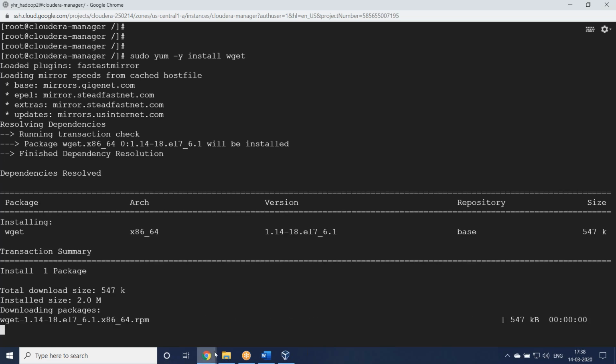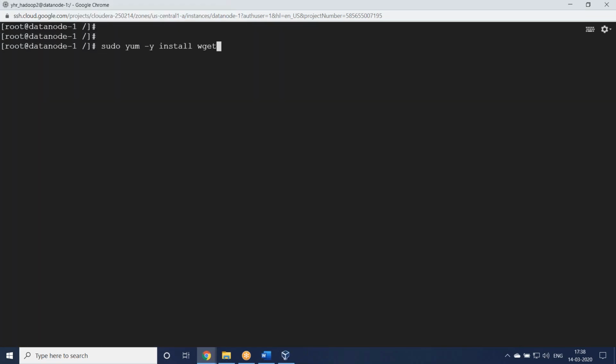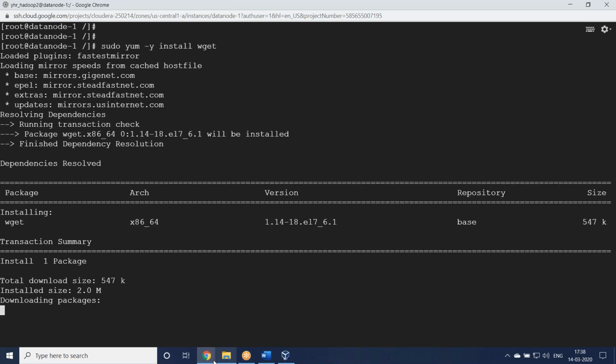I'm clearing the screen, then installing second one. Okay, we'll go to second server. Here also done. Clear the screen, install second software.